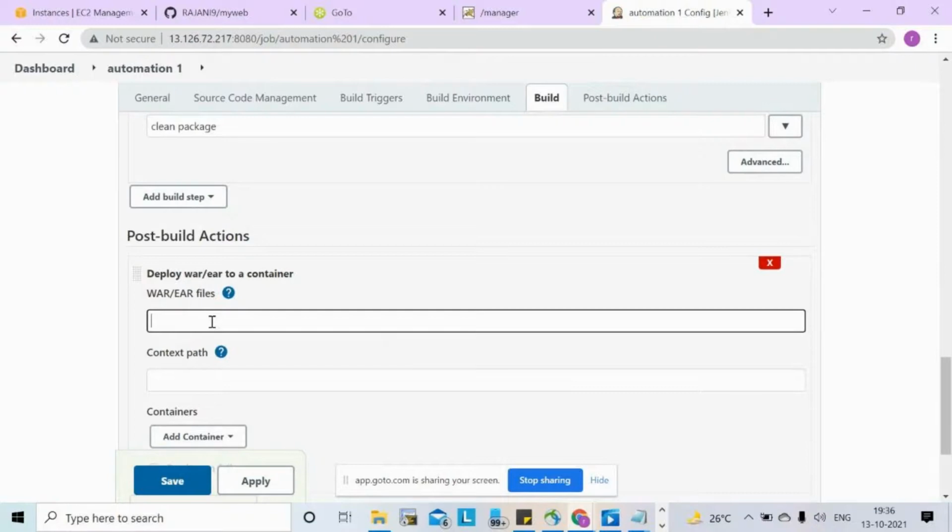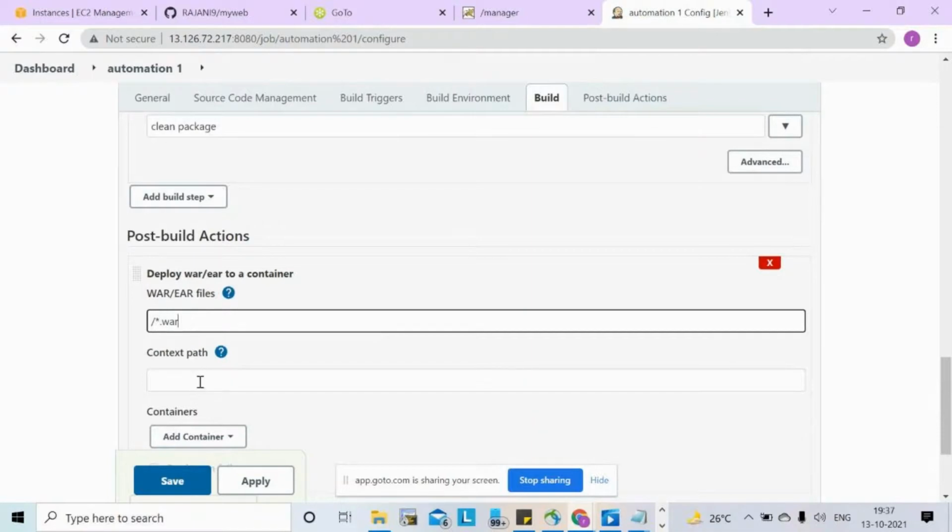Maven will store all generated war and ear files in one directory, that is target slash star star slash star dot war. In the target folder, Maven will store the packages. Whatever code we ship is generated as the package, war or jar. So we are generating the war file.